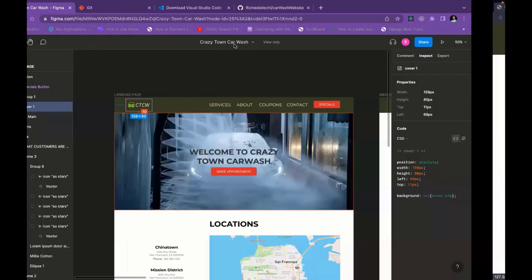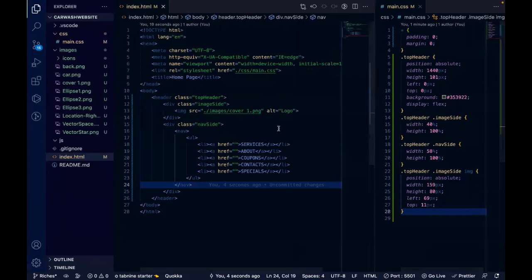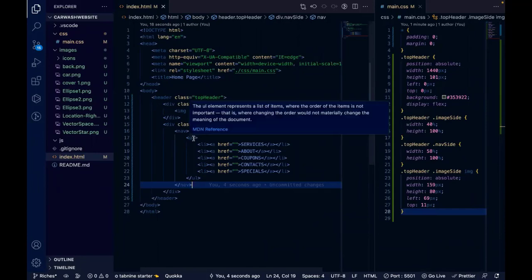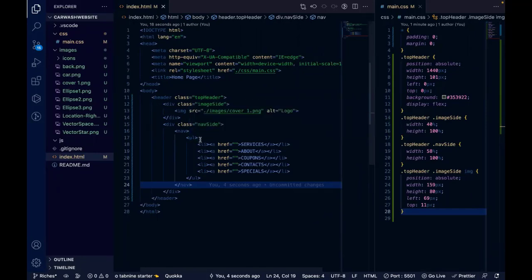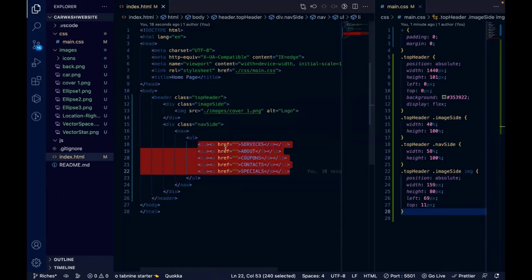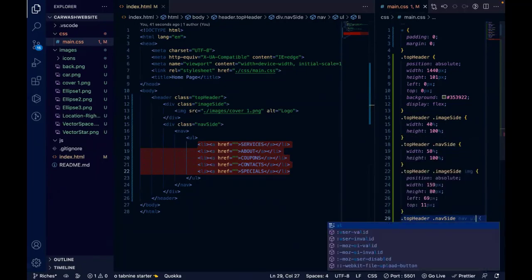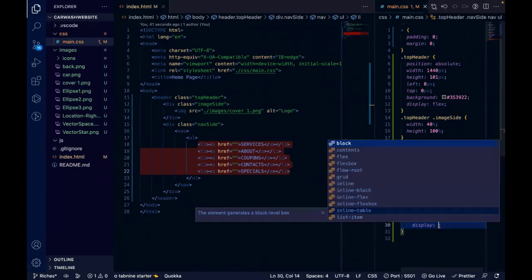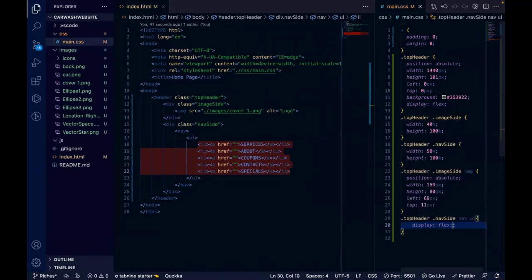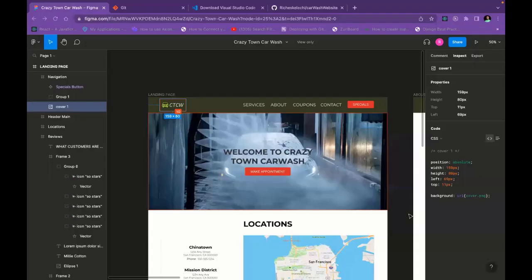We will now use our CSS to specify how we want it to be. We are now going to talk to the UL. The UL is responsible for everything being under each other because all the links are directly under the UL tag. So we are going to talk to the UL, which is inside the nav side. We'll copy this, scroll down here, put nav side. Under nav, under UL, we can just say display flex. So once we flex this, if we save and go back, you can see now